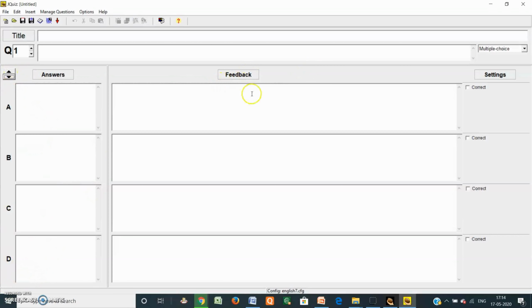Then you can give the feedback. Feedback means it gives a hint. Suppose the student clicks the answer and it is wrong, then the student can know the feedback or hint for that particular question. And again, there are different versions available here, called multiple choice question, another is short answer type, hybrid, and multi select. You can use true false type questions also for preparation of the quiz by using multiple choice. You just give the two options, true and false. And for the correct answer, just click here, and in this way your question is prepared. So I am just creating the title of the quiz.